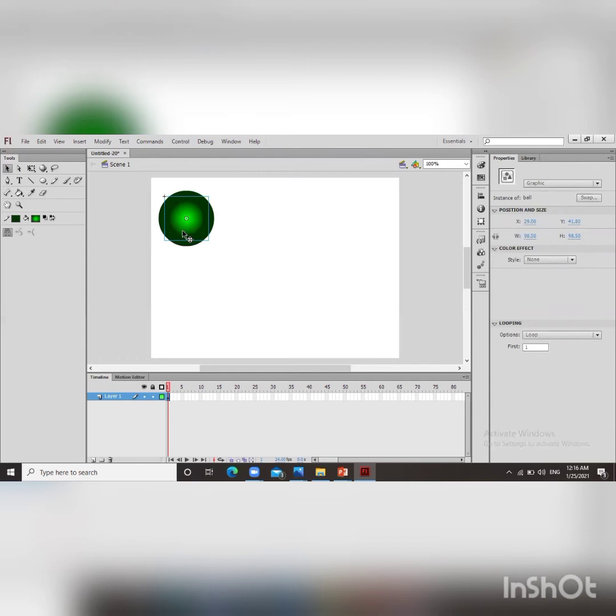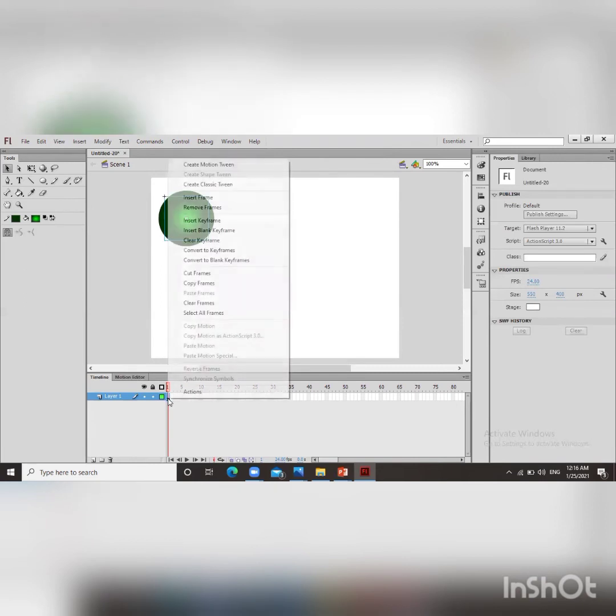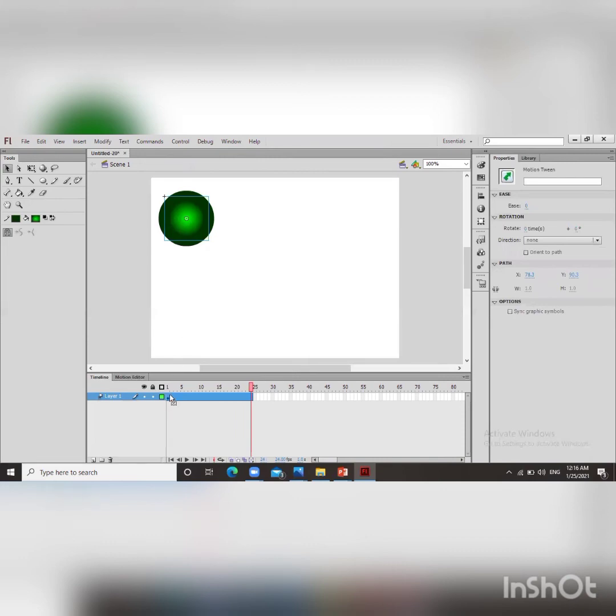Now what I want to do is provide the motion tween. For that purpose, you just go to the Insert menu, and there is one option, Motion Tween. Either you can go from here, or just right click on the frame and then choose Create Motion Tween. Then you can see frames 1 to 25 have been created automatically. Animate, or you can say Flash, automatically fills the gap in between. No need to create new ones.